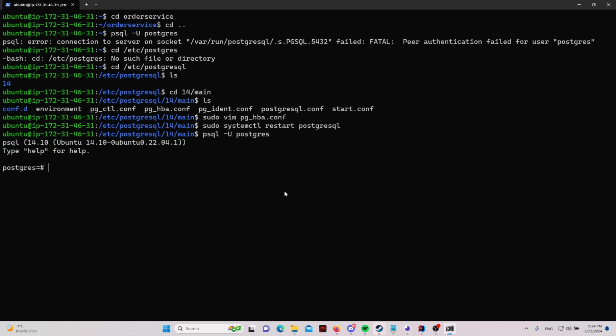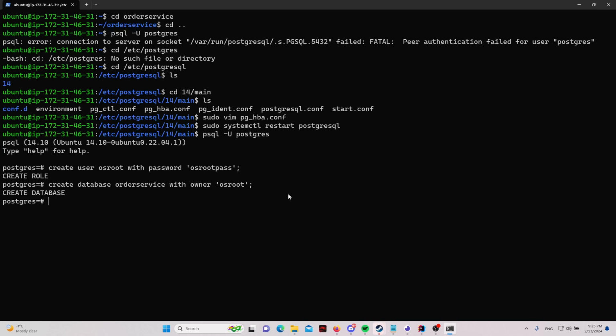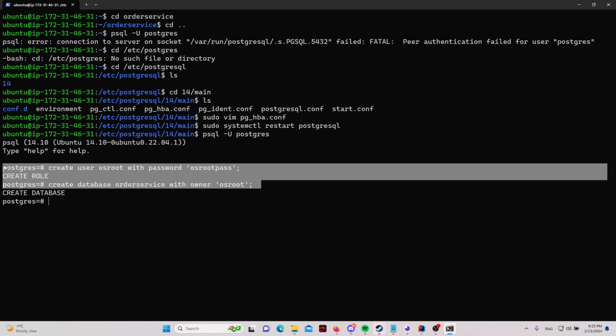So my service, or my API, needs a user called osroot with a password, and I'll just make some dummy password, osroot pass, and then create database order service with owner osroot. So obviously these two things are only specific to me because this is the database and the user that